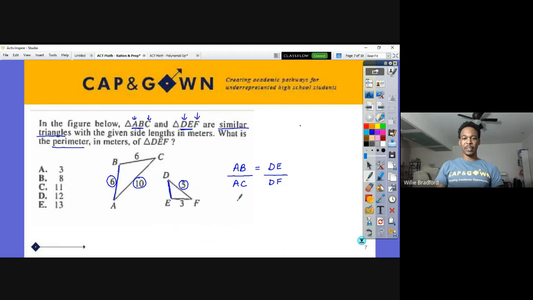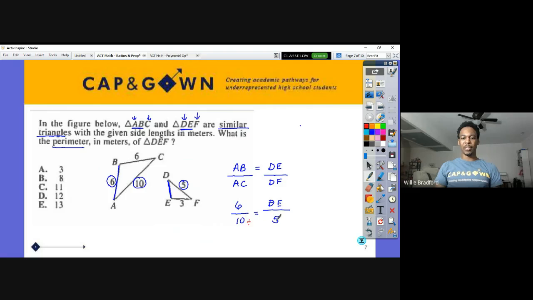All right. So now I'm going to put in some values for these. AB was 6. AC is 10. DE is what we don't know. I'm going to call that DE. And DF is 5. We can kind of easily see here that